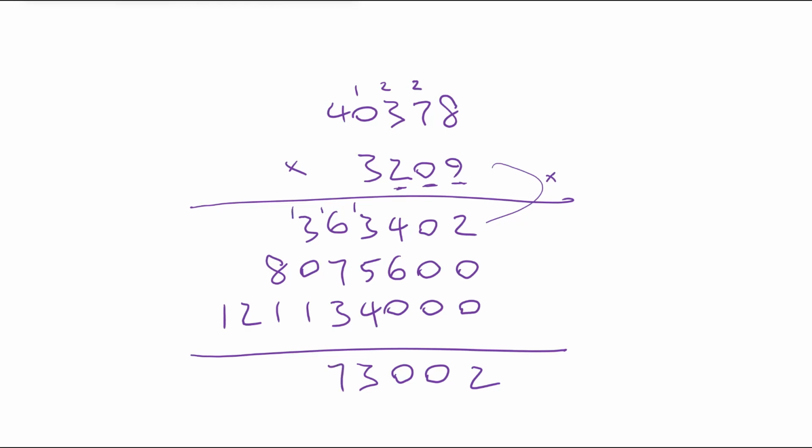Carry the 1. 3 and 1 and 1, 5. 8 and 1 is 9. 2 and nothing else is 2, and a 1 and nothing else is 1. So if we're going to multiply 40,378 by 3,209, our final answer is going to be 129,573,002. Right, so just one more thing to mention, and that is, what if we have a decimal number, maybe